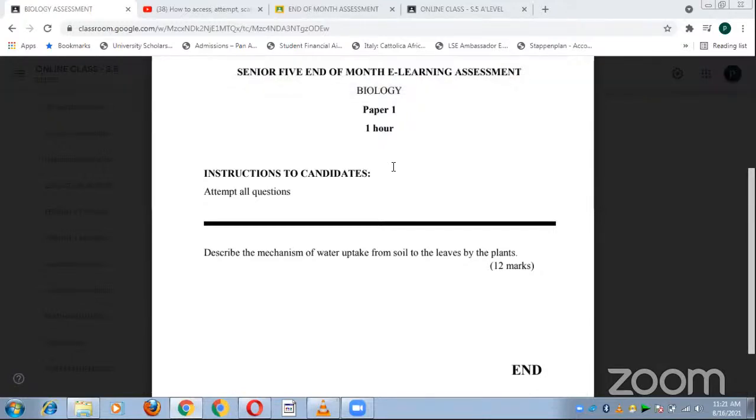Okay, and so Uga says, excuse me, how do I hand in my work? I'm new here. So Uga, what you do, first of all, download Google Classroom on your phone. You must be on your phone. Click in it,